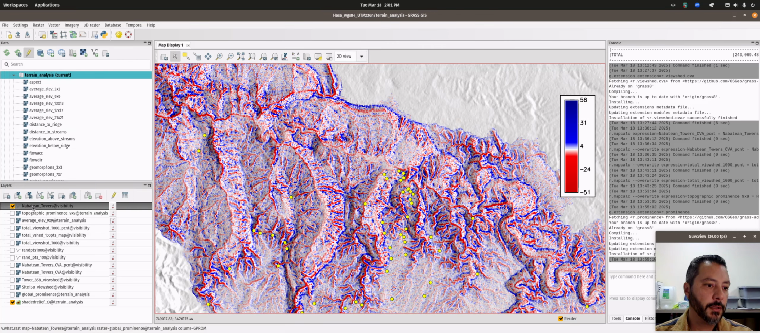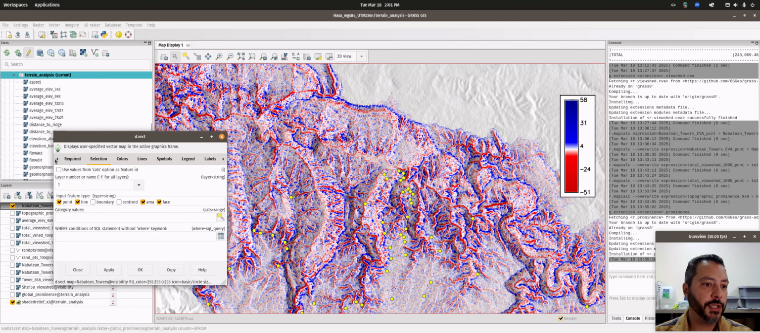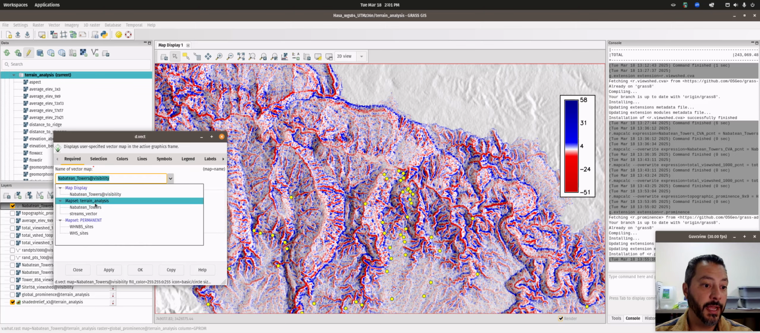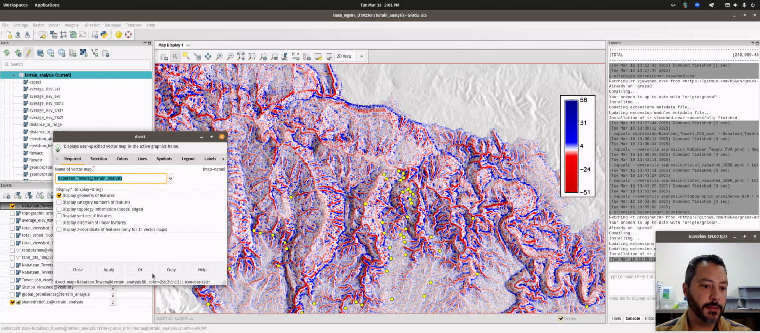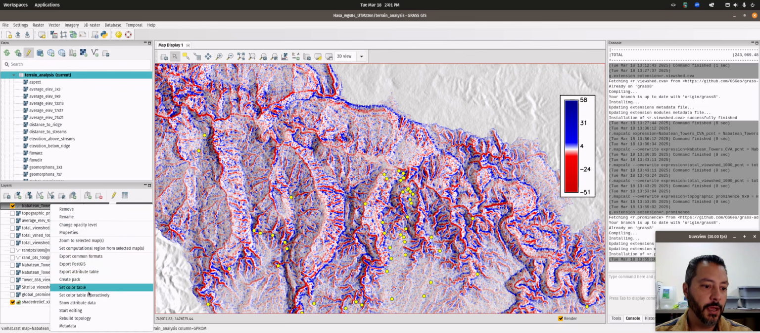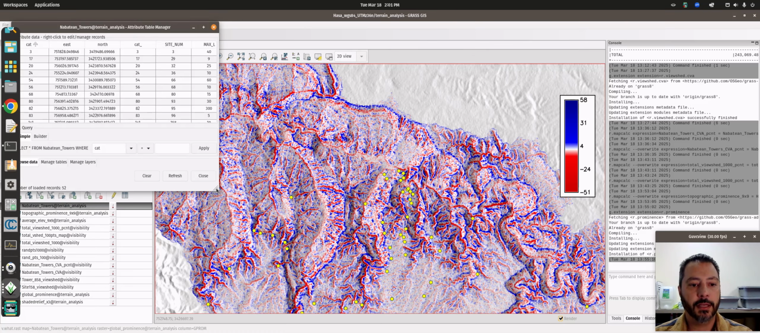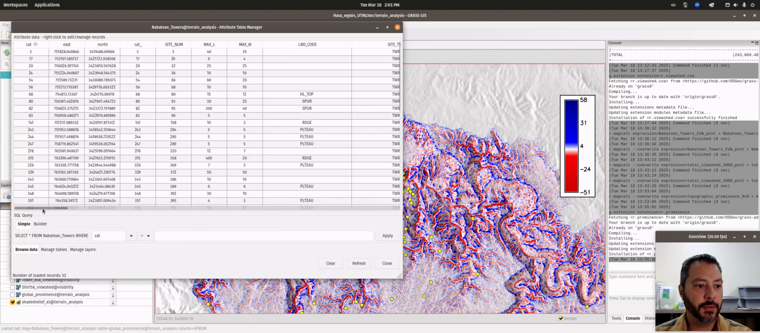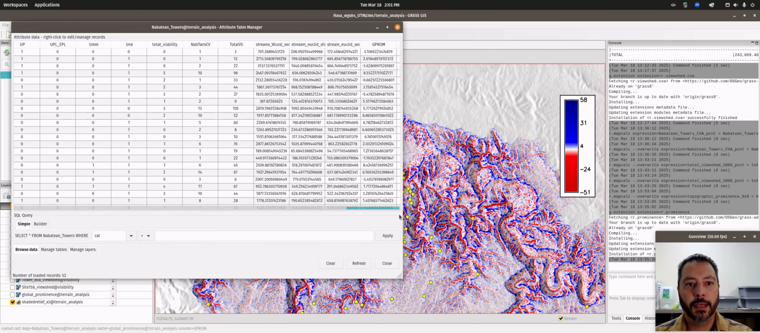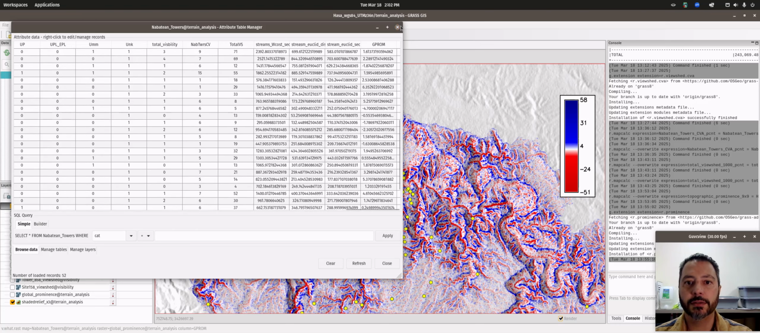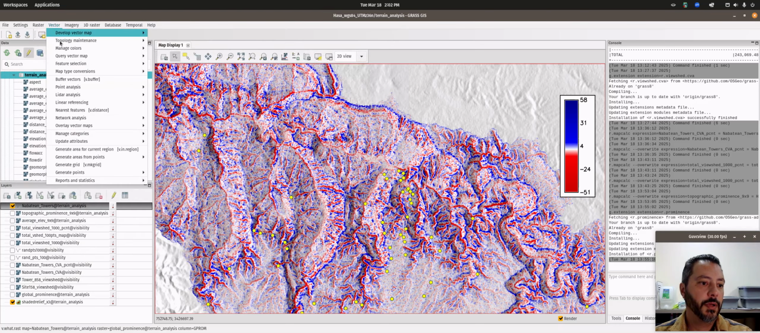Actually, let me just change it to the one that I copied into terrain analysis. And now we can show the attribute data, take a look at the actual values that are in the table. And we have them over here, GPROM. So we have all of these values over here. And we can analyze those statistically by doing